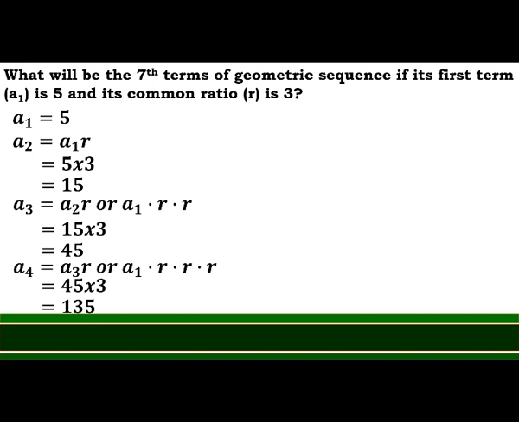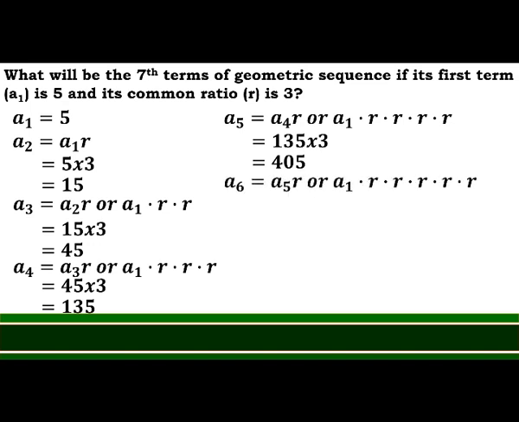At para malaman din ang fifth term, yung fourth term, i-multiply lang din natin sa ating common ratio. So meron tayong 135 times 3. We have 405. Siyempre, ganun din yung gagawin natin para sa 6th term. Yung 5th term, i-multiply natin sa common ratio. 405 times 3,